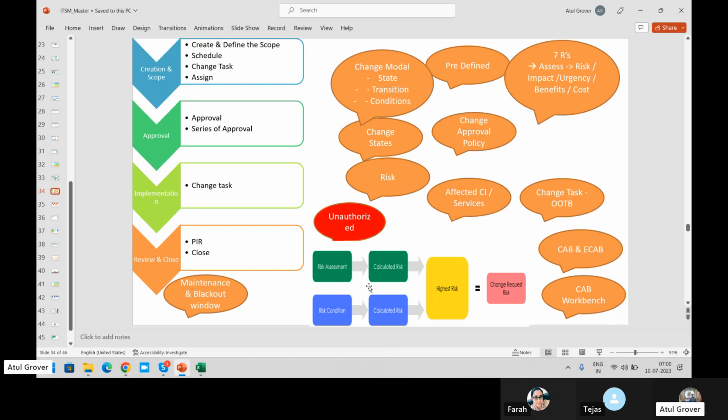Then we see the risk assessment, two ways. You can use the risk conditions, which come in the baseline system. You can install the plugin called risk assessment, and then together they can help you understand. Today we discussed the CAB workbench, how a CAB definition can be raised, how the meetings can be arranged, how the agenda can be done, and how I as a CAB manager or as an approver can